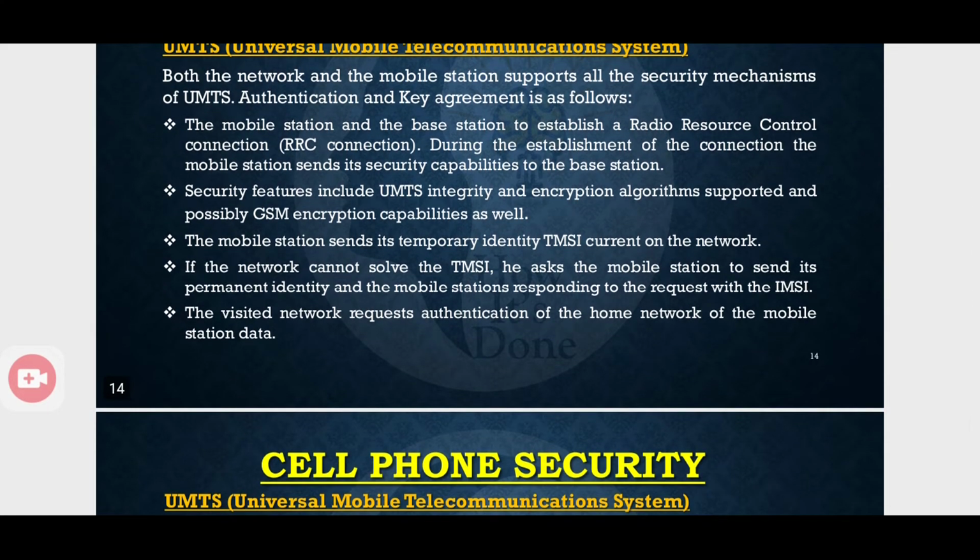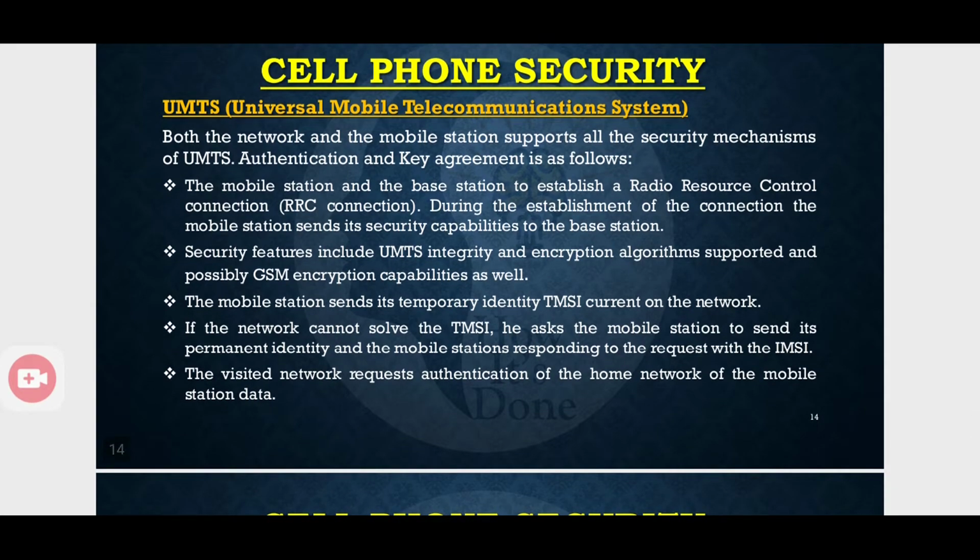So first the mobile station and the base station. Mobile station is the cell phone and the base station is the base station controller to establish a connection. Okay, and during this establishment of connection, this mobile station will send the security capabilities to the base station. Okay, the security capabilities include some UMTS integrity and encryption algorithms supported and possibly the GSM encryption capabilities